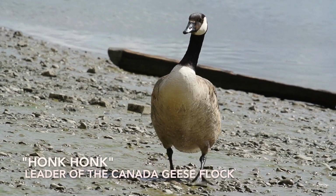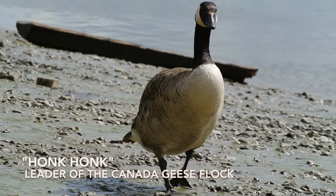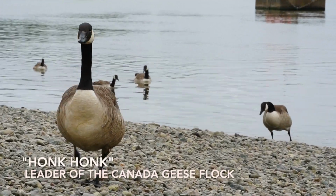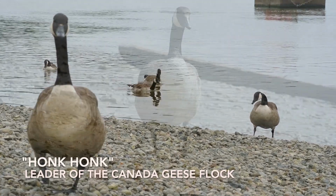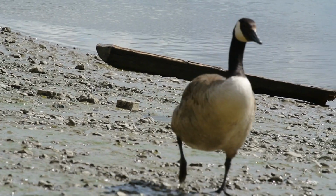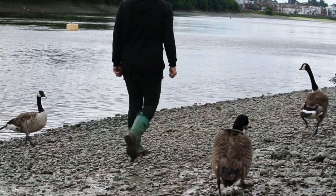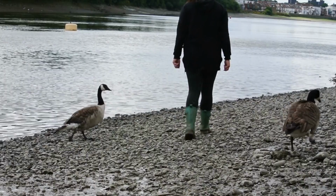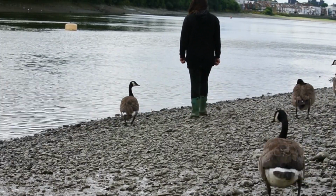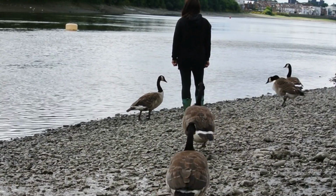Perhaps it's a good time to introduce you to the leader of the goose flock. This is the top goose, who I affectionately have named Honk Honk, after his, well, rather deep and loud honk honk. He's such a funny character, and actually it's quite difficult sometimes to film him because he insists upon walking so close to me. But I'm glad to see that he's taken the Egyptian gosling under his wing